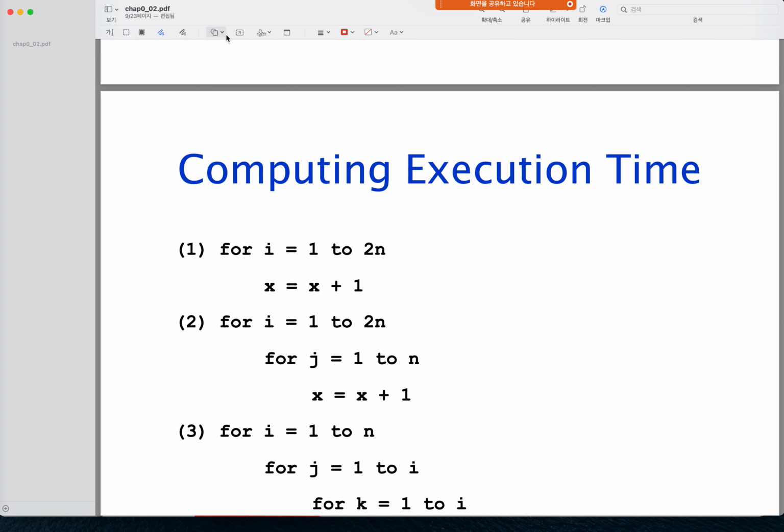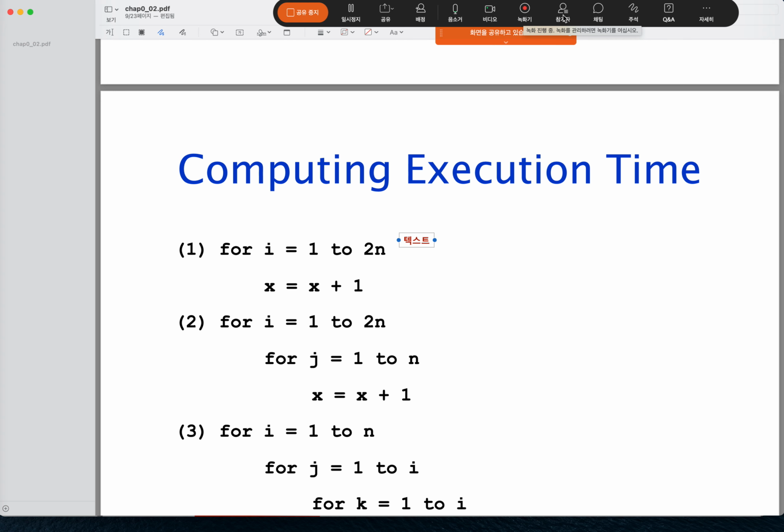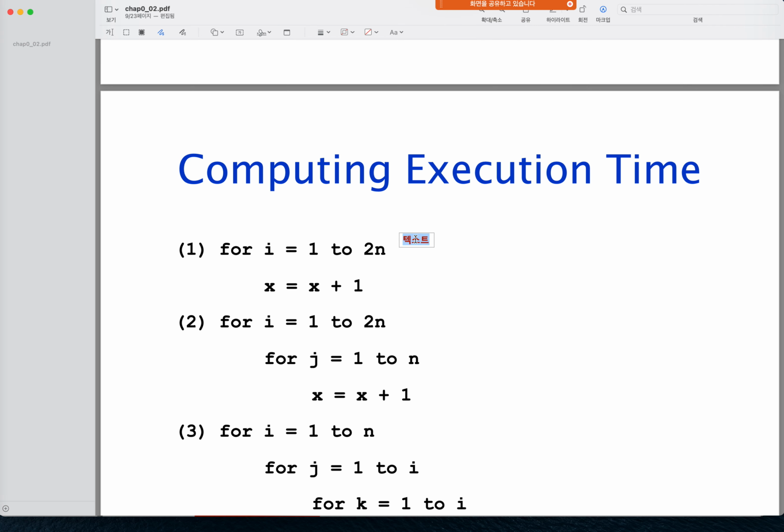In this case, in the for loop, there is an assignment, i equal 1, and then there's a loop that increases i from 1 to 2n, and inside the loop, run the statement x equal x plus 1. So total execution will be